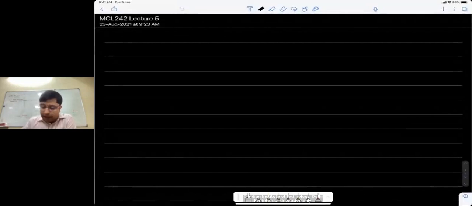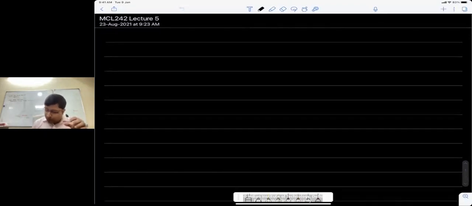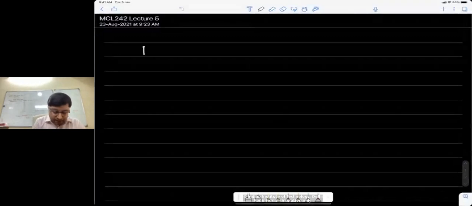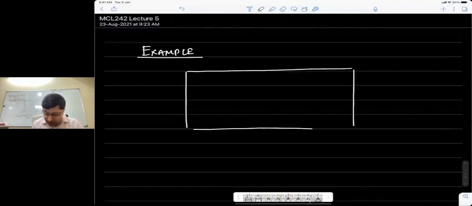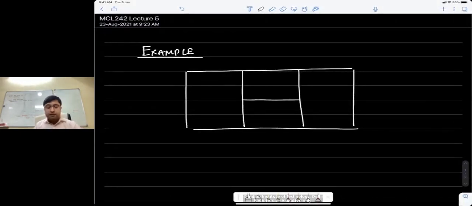But before that, let me just take an example which is not strictly 1D, but where this method can still be used to give us some answers or some solutions which are fairly accurate. So let's look at a particular scenario where the problem looks something like this. Say we have some geometry where I can define some blocks. Okay, so there's a composite system which is made of four blocks.